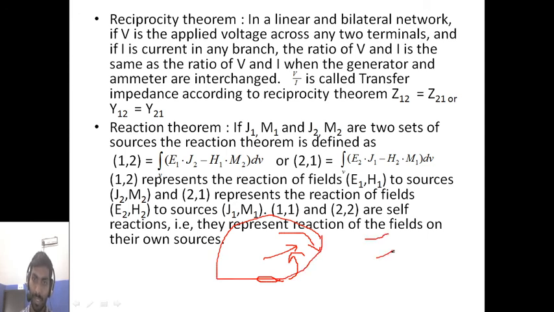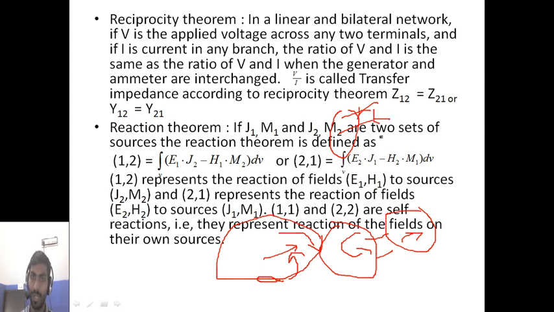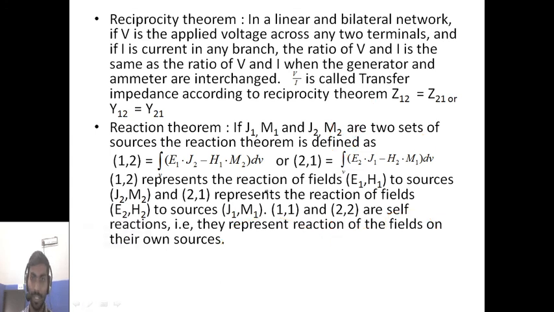When you are using generators, you generate one form of energy and you get another form of energy. Let me say you are using diesel or petrol as one form of energy and you are getting electrical energy. How is it getting generated? You will be generating a magnetic field. When the conductor plates cut these magnetic fields at regular intervals, this cutting is going to generate your electric field. That is what I am saying. The inducing property is important. J1 induces E2. Similarly, M1 induces H2.